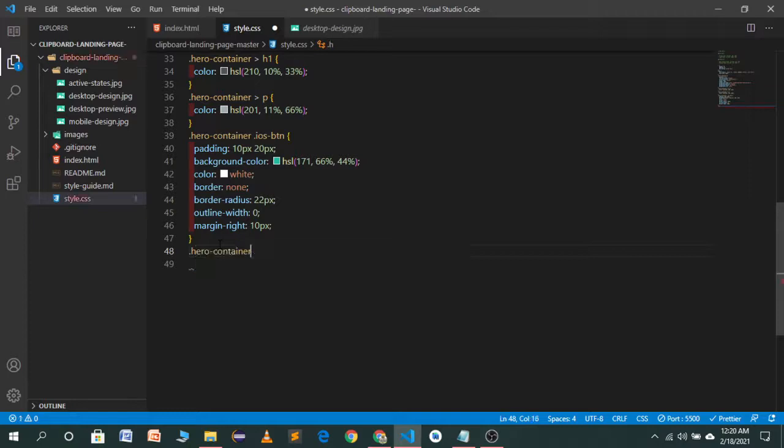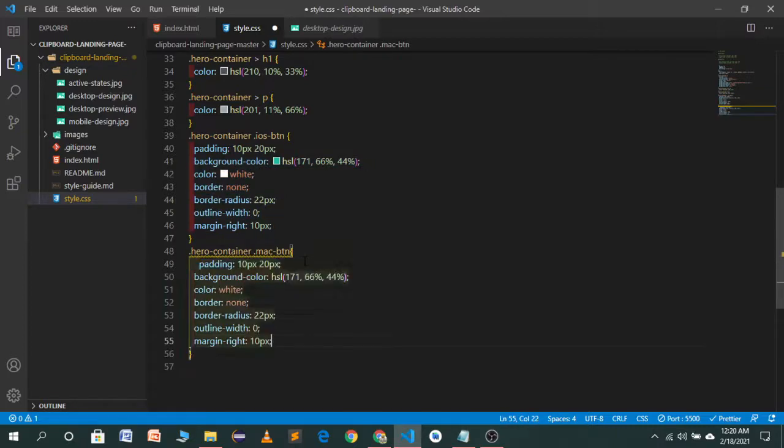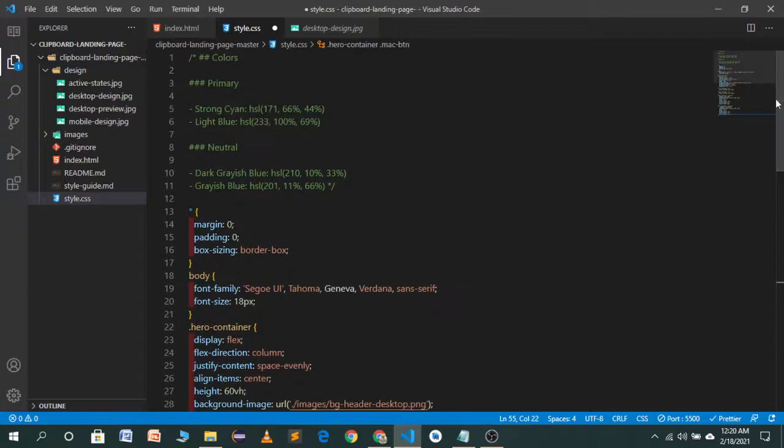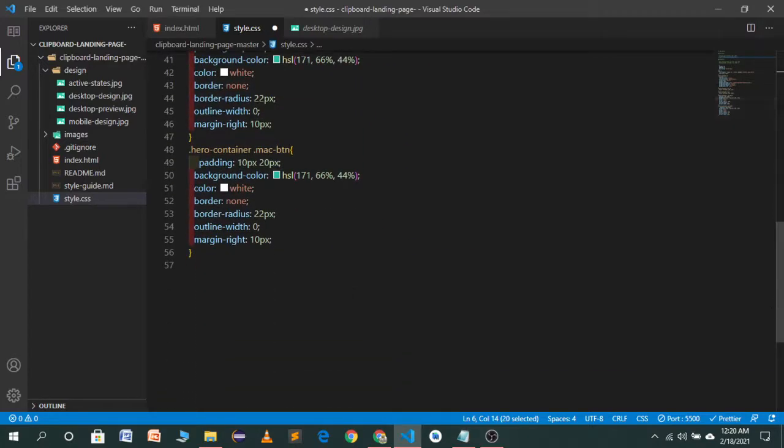So now target our Mac button, dot mac-btn. So these properties will be, I think, the same. We have to change a little bit of it. For example, we want a blue color as a background color for our button, which will be this one, light blue color, and use this color here.